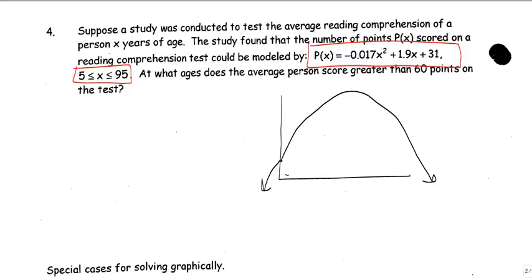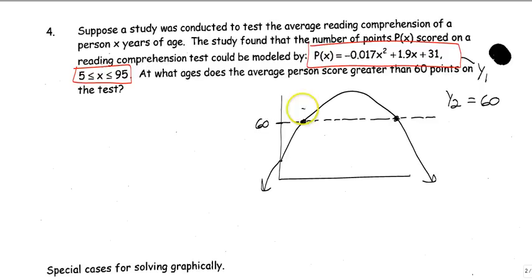Now, the thing that matters: it says, at what ages does the average person score greater than 60 points on the test? So this will be your Y1, and then in Y2 you want to put 60 in your calculator. What it's going to do is draw this line at 60. Okay? So what you're looking for is these points. Why don't you look at that real quickly and see if you can come up with those two